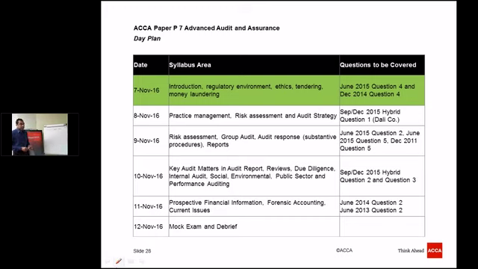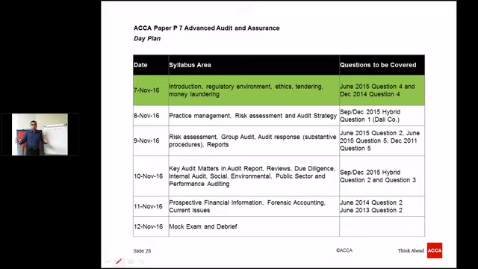Day after that, which is 10th of November, is going to be important because it is going to discuss an important change that has come up in the International Standards on Auditing, and that is around the KAM, Key Audit Matters, which is a new area of the syllabus as well, and a new area for the auditing profession as a whole. So we'll discuss ISA 701, which is why I've kept that in the first half of Thursday,